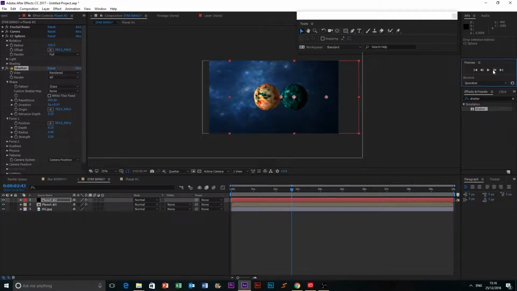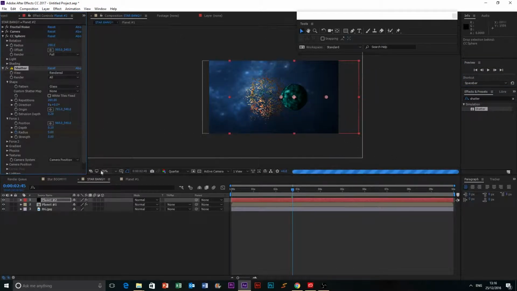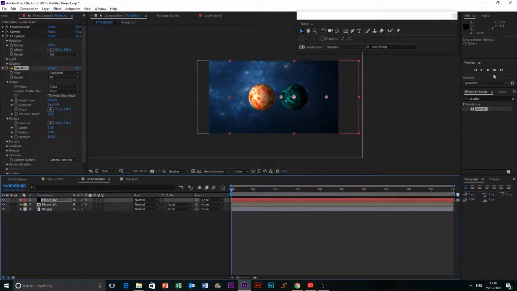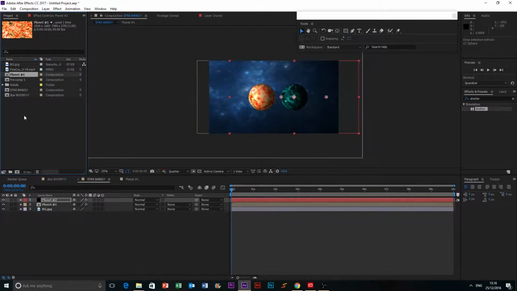Find the frame before this one explodes, so this one. Click the keyframe, then move along and turn it up to 5, and we want to turn up the strength as well. So now they both explode on impact, but we want to make the explosion a bit more snazzier,